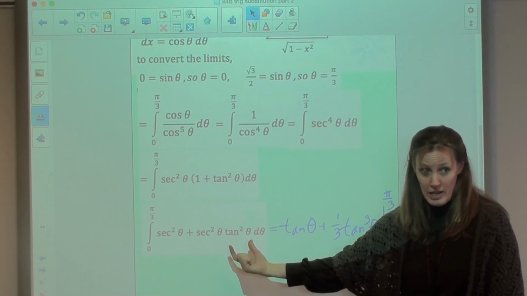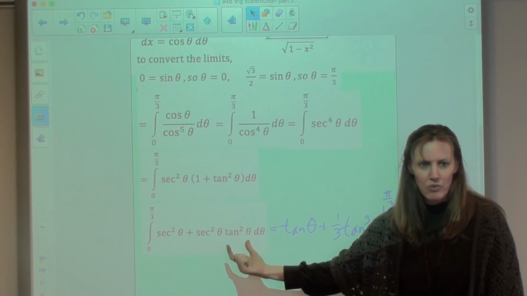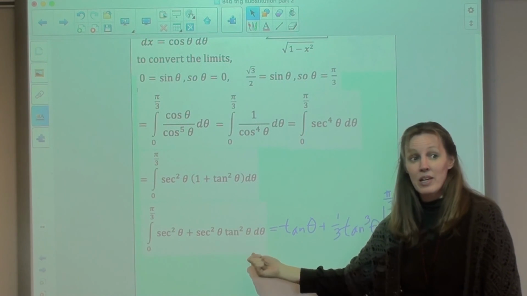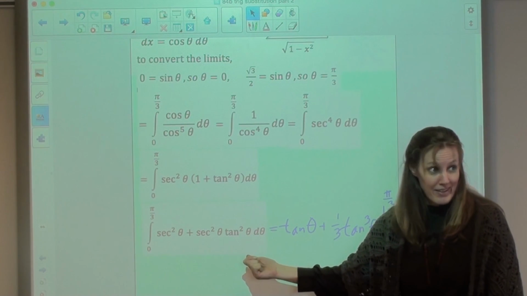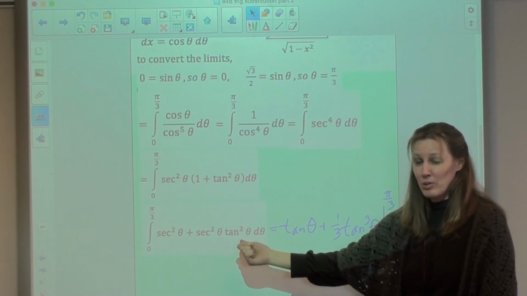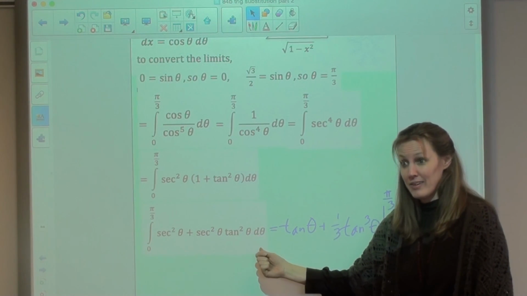We call tangent the guts of the power function. And if you have the derivative of the guts, so if you have guts to a power d guts,